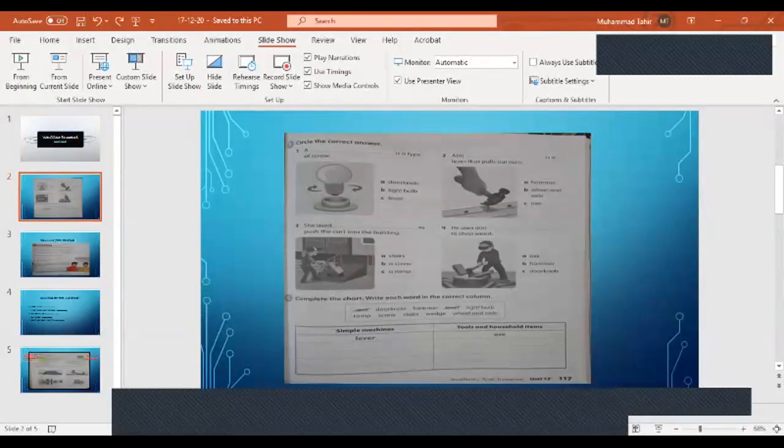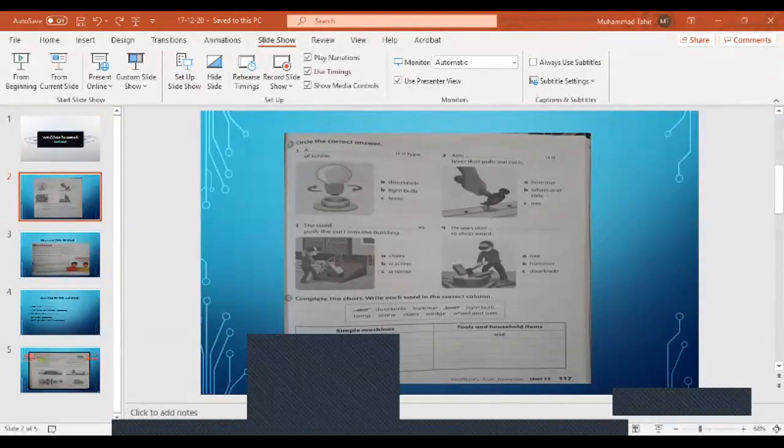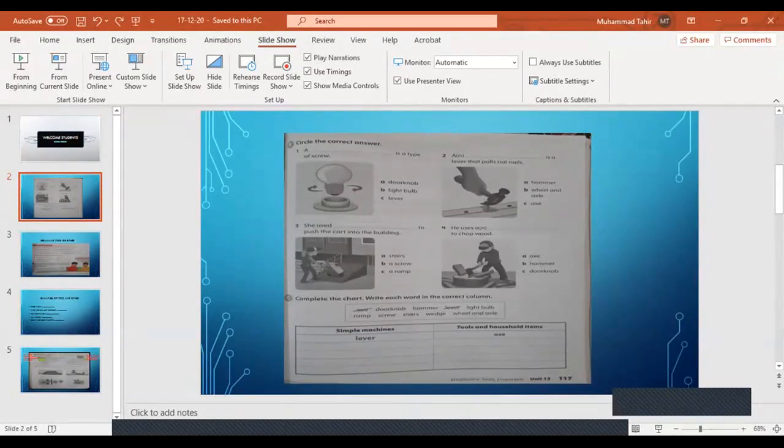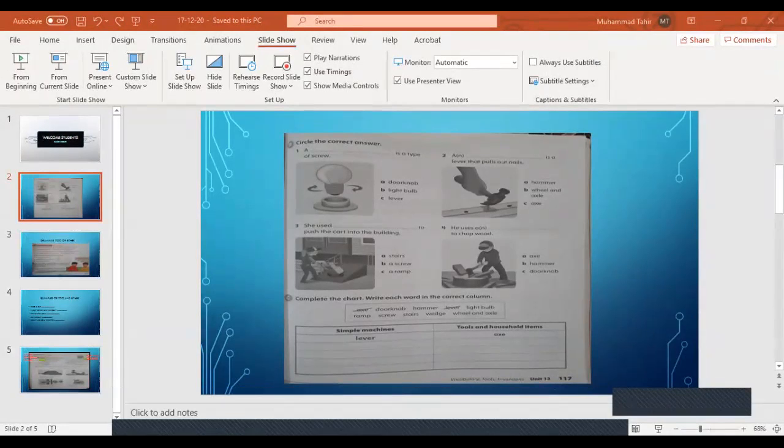Okay, students. So students, all of you, come to page number 117 of your workbook, all of you, okay? Page number 117 of your workbook. As you see this page,